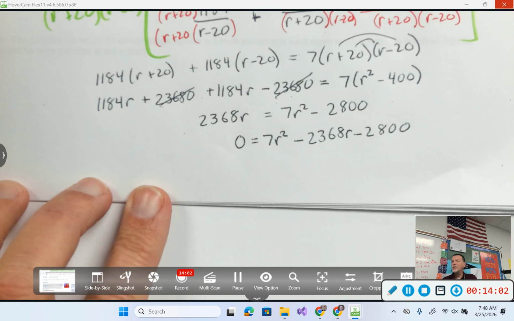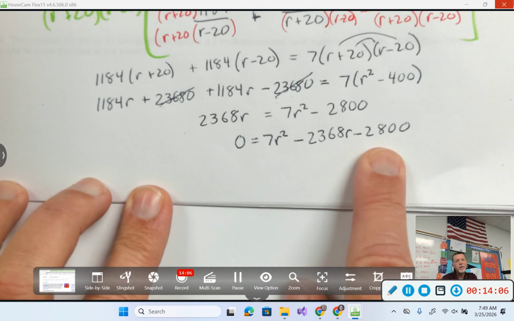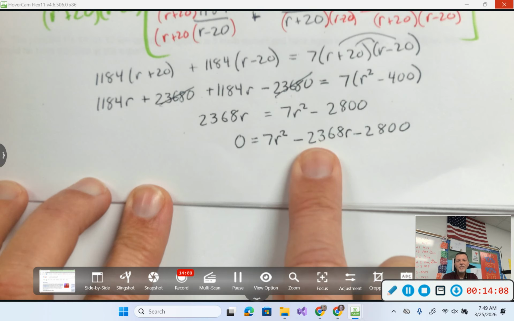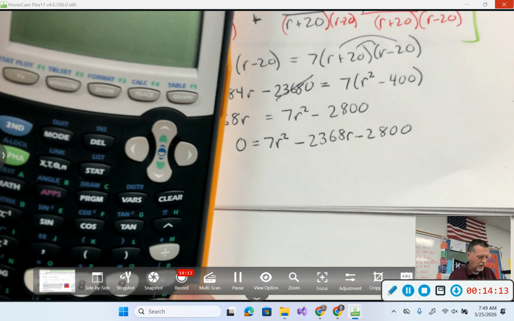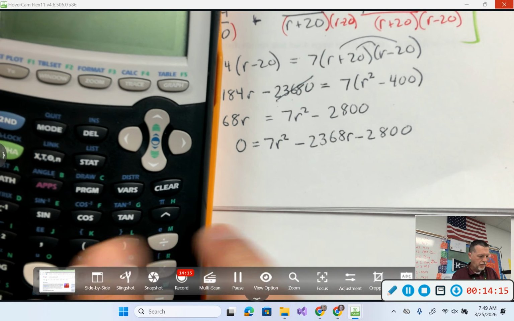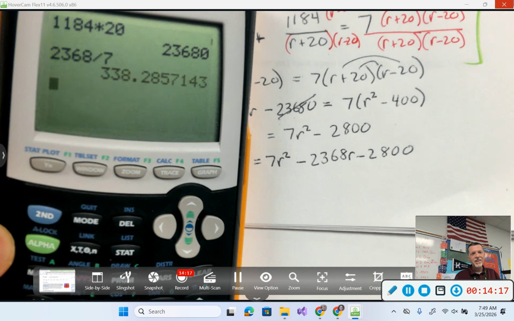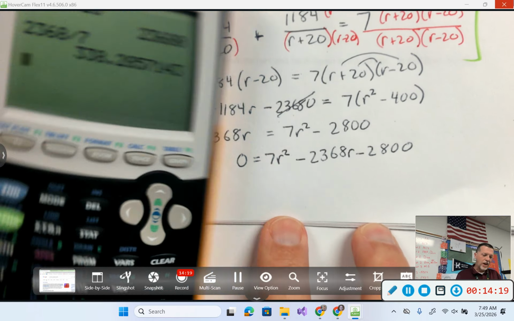There's one thing I could do that might make life easier. Like 7 is divisible by 7. 2800 is divisible by 7. If 2368 is divisible by 7, then this will make life a little easier. Fingers crossed? Oh, it's not. Okay, well,